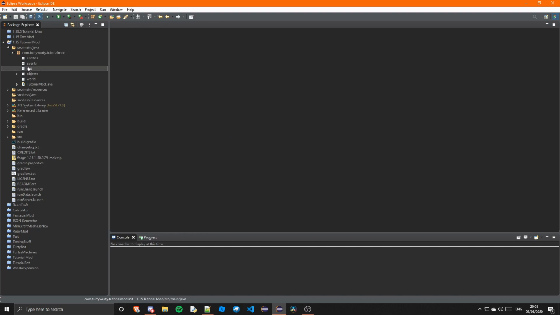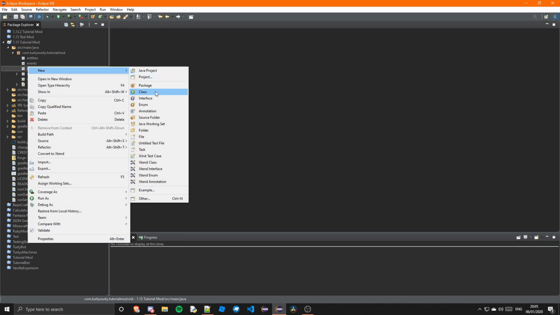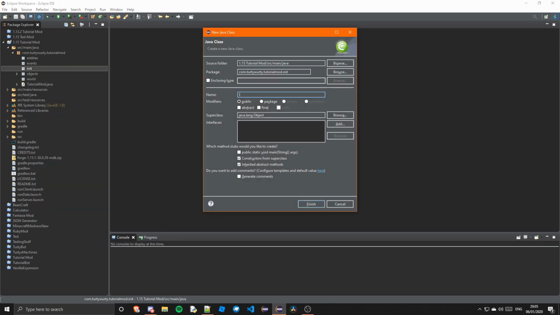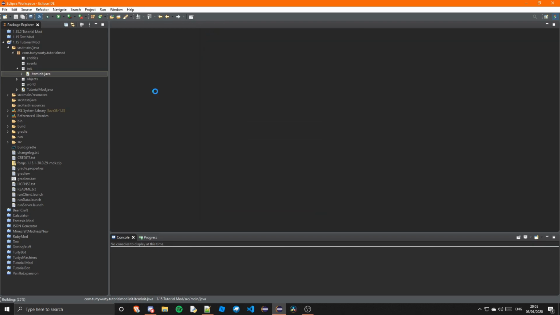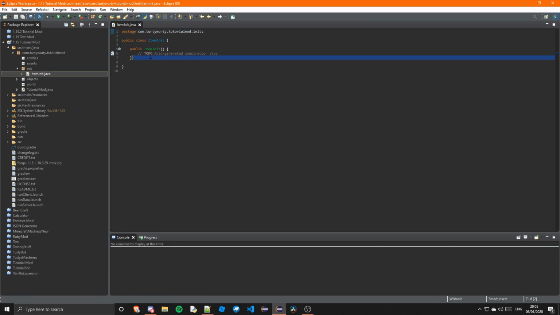So inside our init package, we're going to create a new class. And we're just going to call this ItemInit. So this is the class where we initialize all of our items. This class needs the annotation @Mod.EventBusSubscriber, and that is going to take in modid is equal,